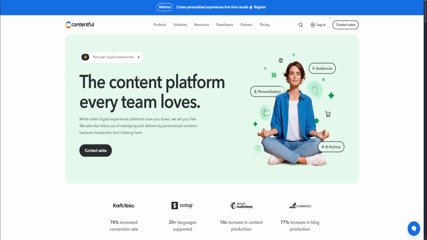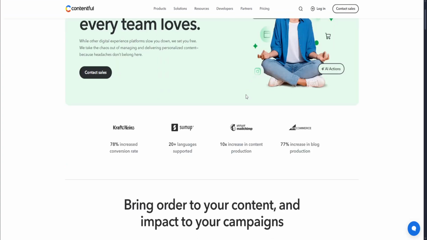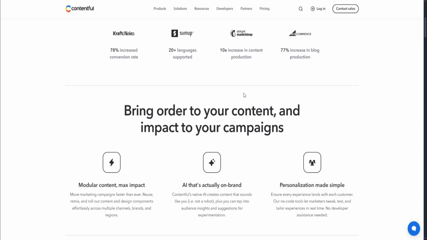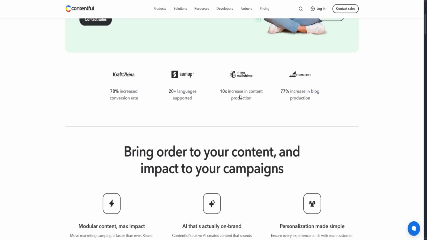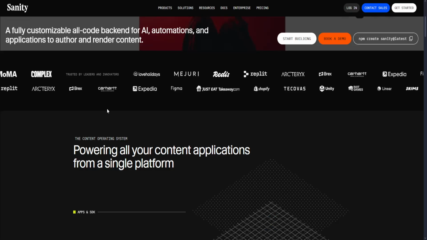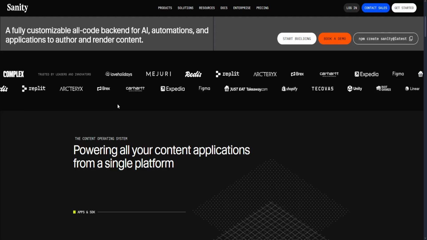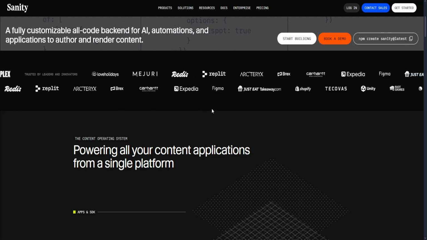And then Contentful offers enterprise-ready features with a global CDN. It also has a slick UI for editors and non-devs. It also supports and documents platforms, has a powerful localization feature, and it is API first with scalability. So choose Sanity if you're a developer or agency who wants flexibility, speed, and real-time collaboration.